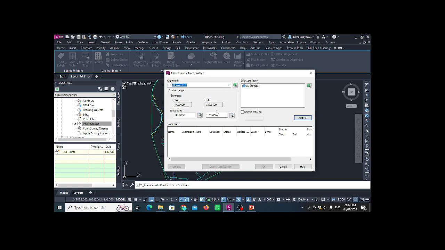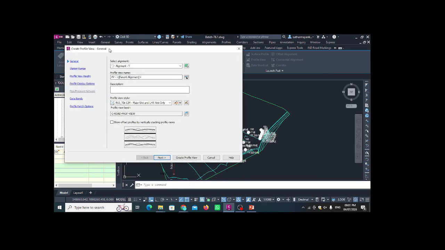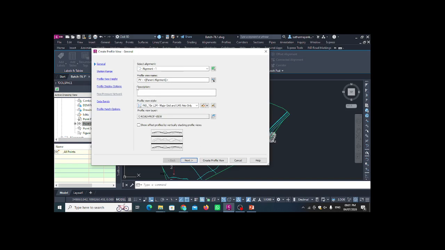the station, you want to choose the old station, or you can modify the station from here. Now I have to add the EG surface. As we already created the surface, I have to add this EG surface here. Once you add this surface, you can see everything is updated here. Now I go here into the draw in profile view. As I go into the draw in profile view, you can see our create profile view general box is